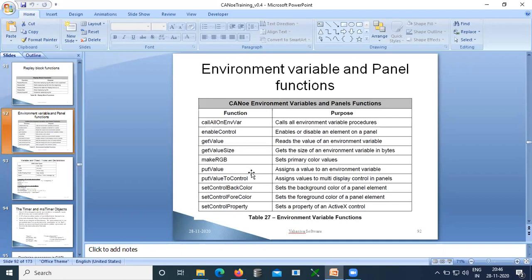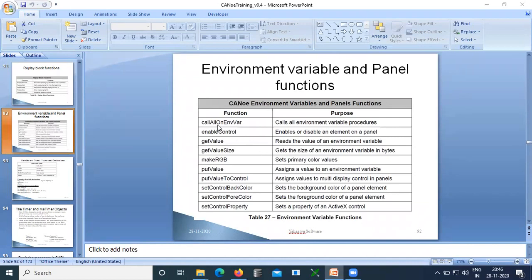When you want to assign some value to those EV variables, you have to use another function called put value.